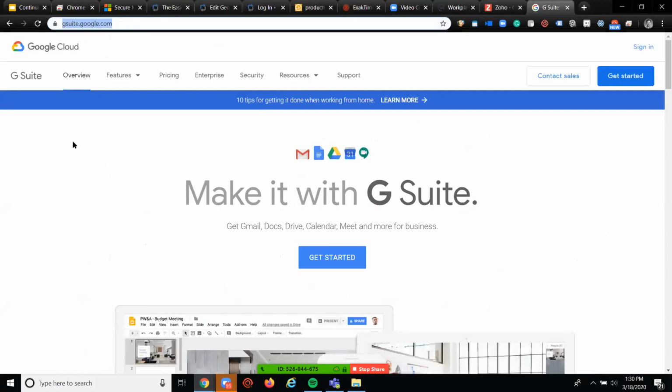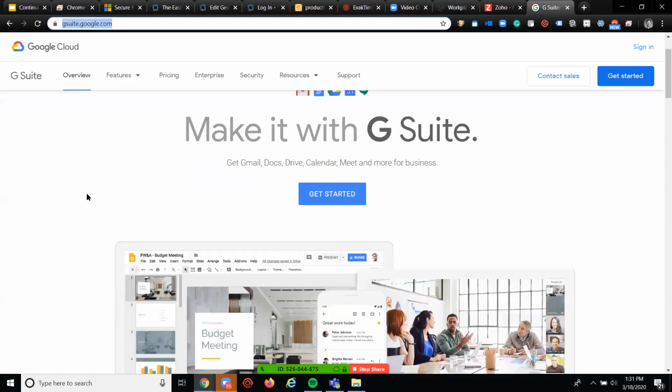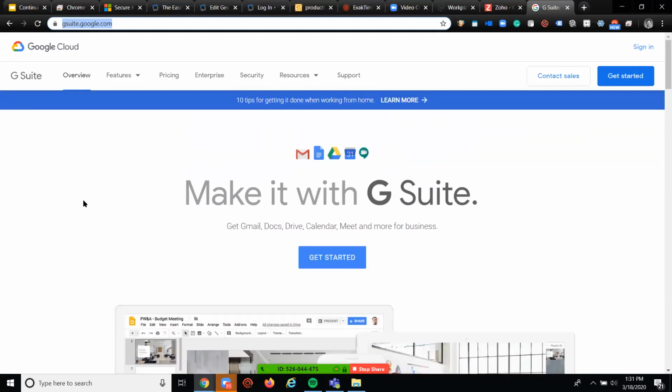Also G Suite. We use G Suite for things like documents, Excel sheets. We use it for email, and our calendar. And it's a really easy collaboration tool as well. So we just want to let you know that there's options out there. These things are all things that you can deploy today and be up and running in a matter of hours.